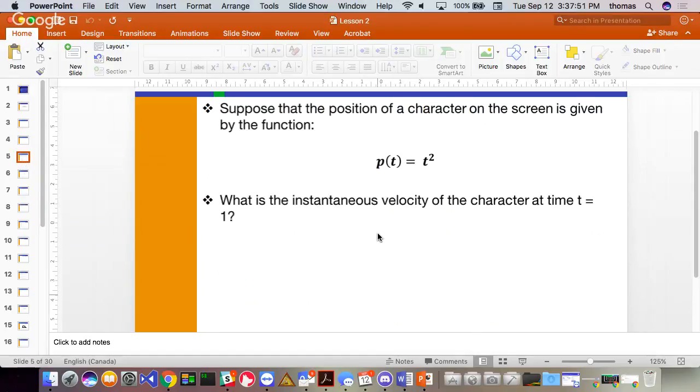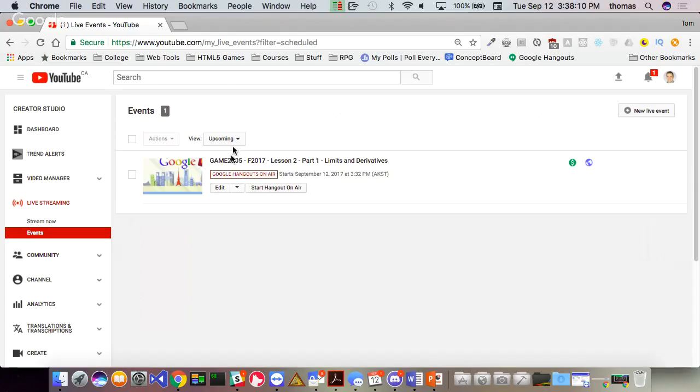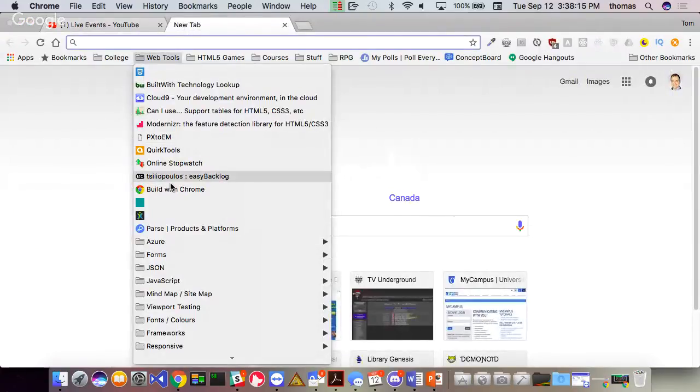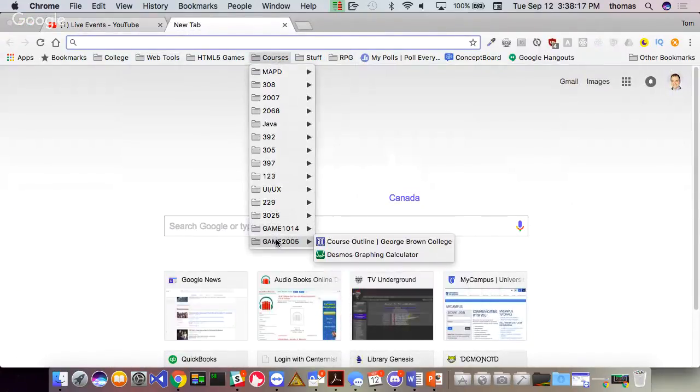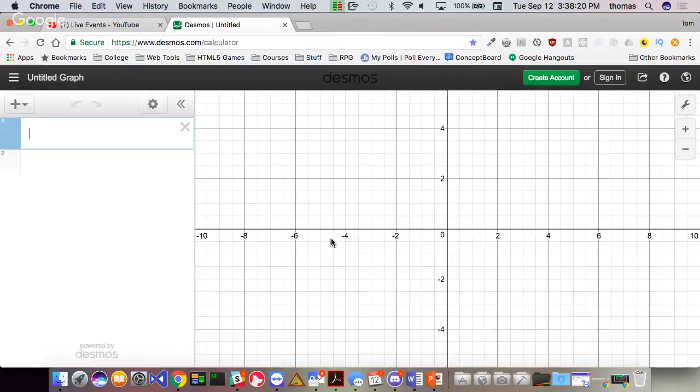Well, suppose that the position of a character on the screen is this formula, P at t is equal to t squared, right? What is the instantaneous velocity of the character at t equals 1? So first of all, we want to plug this in. Remember, I gave you that stuff last day. We have our little web tools that I recommend that you use. Here's Desmos, right? And if I plug in x squared here,